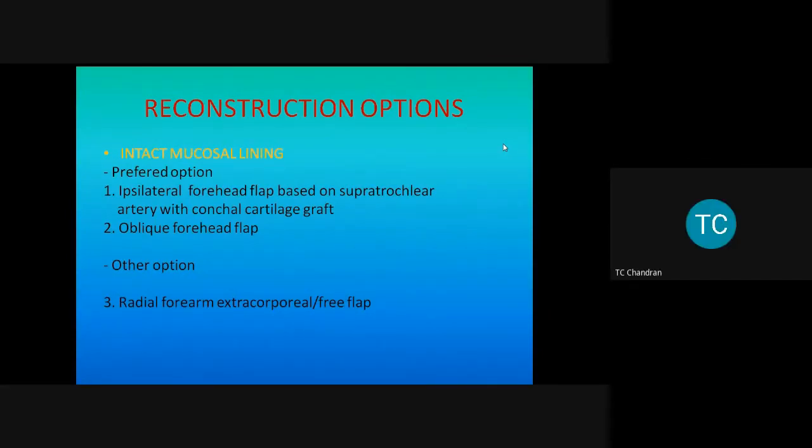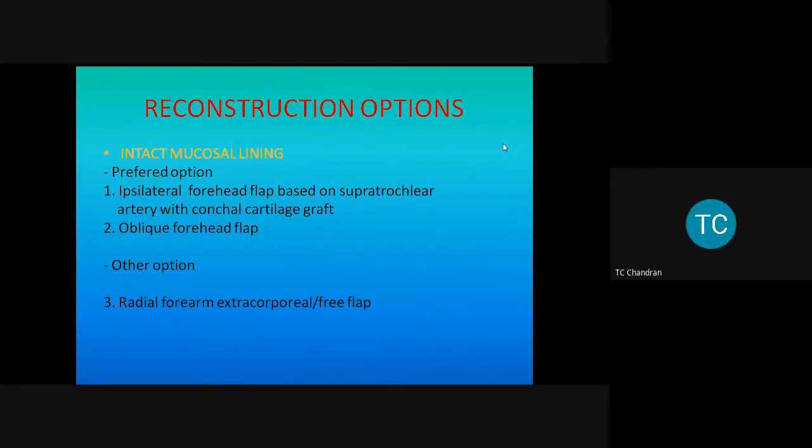Take it from me. So that means you have to do the forehead flap, which itself is a two-stage procedure. You first give the forehead flap and then cut it off and return the rest of the flap. And then in the third stage, you can go ahead and do a conchal cartilage graft. Okay, sir.